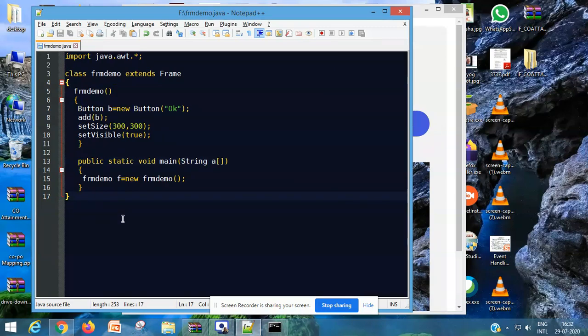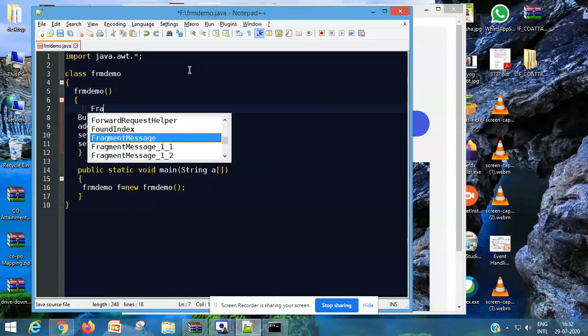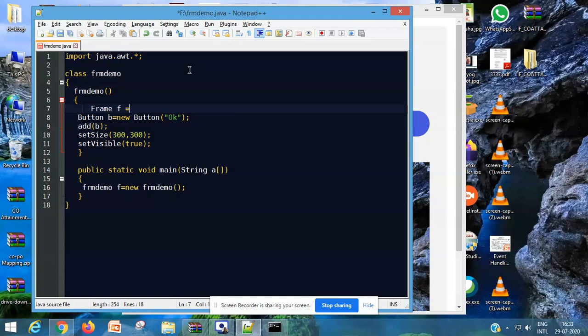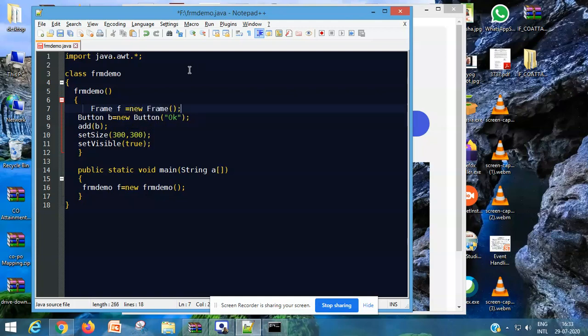The second way to create a frame window is to eliminate this extends Frame keyword. So here we can declare the class as class frmdemo, and inside the constructor we will create a frame object, that is Frame f = new Frame(); semicolon.